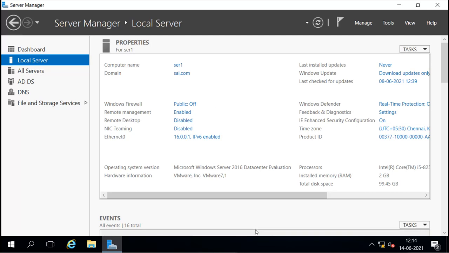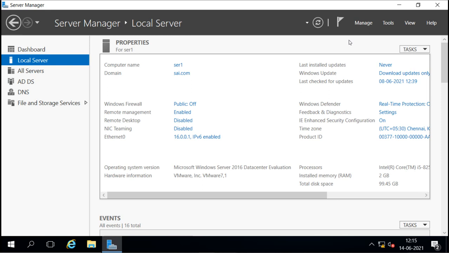After it becomes the domain controller, nothing will be local here. Everything will be domain. That means if you want to create user accounts, they will also be created under the Active Directory services. We cannot create local accounts on this server, because now this server is a domain controller, and a domain controller will always be the DNS server also. We can create the DNS server separately, but it is not recommended. It is recommended to have the DNS server with the Active Directory domain controller, so that the DNS server also gets the security of Active Directory.